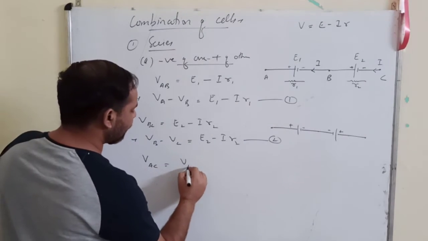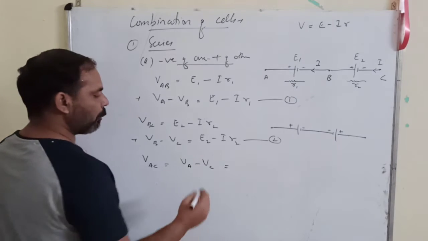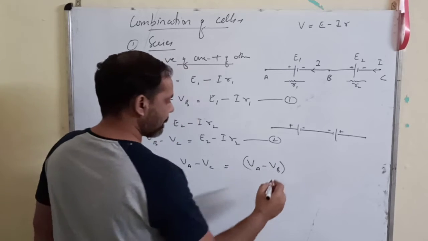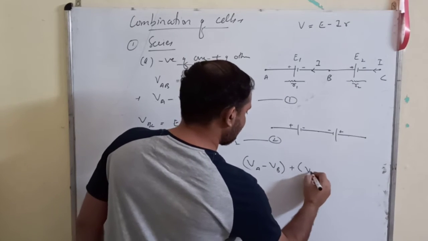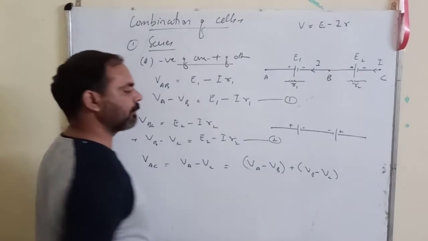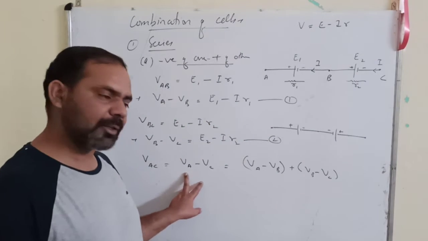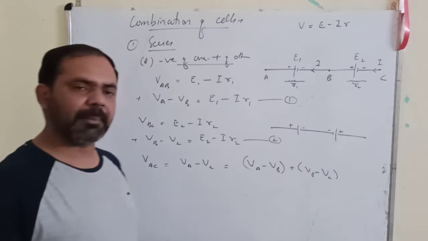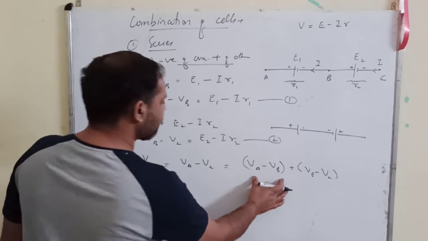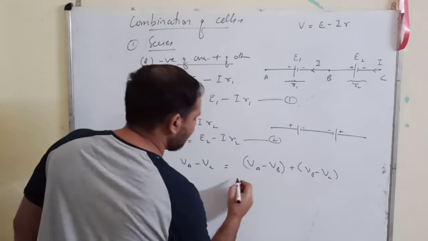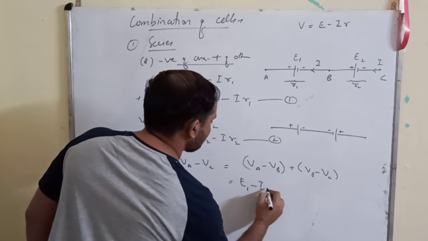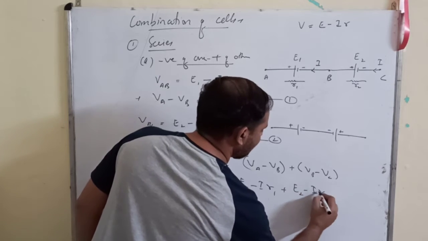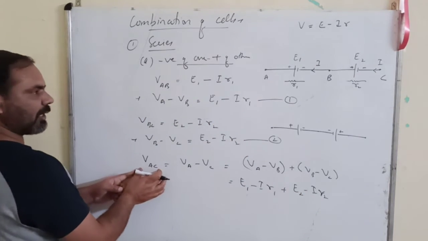So VAC you can write VA minus VC, which in turn you can write VA minus VB plus VB minus VC. You can rearrange it in this way. VB minus VB will get cancelled and you will get VA minus VC only. Now how much is VA minus VB? It is this much, E1 minus IR1 plus E2 minus IR2, and this is the potential difference across